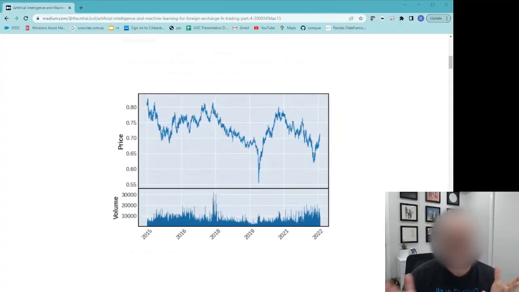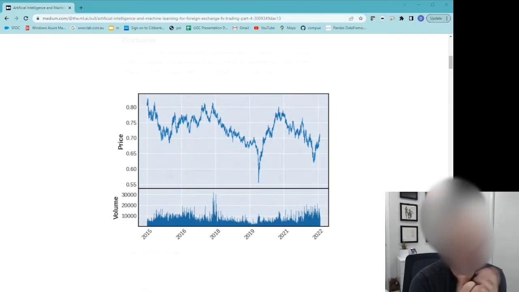Okay, so what we're looking at here is the AUD USD price over the last 7 years or so. You can see some pretty wild swings. The floor here is around 0.55, and then you've got a ceiling just under probably 0.9, and that's a pretty wide gap. And if you're thinking about previous videos, you'll remember that in these systems, logistic regression, linear regression,